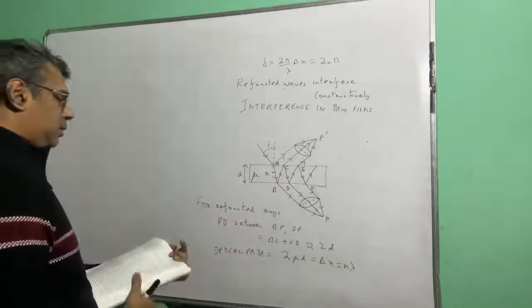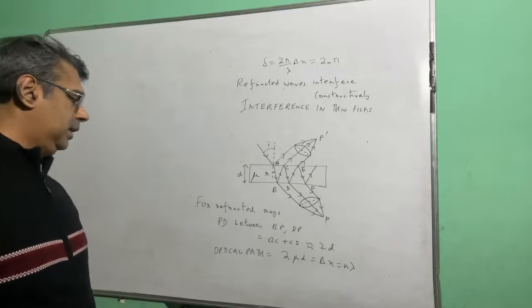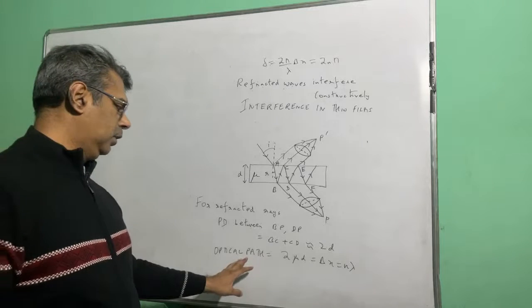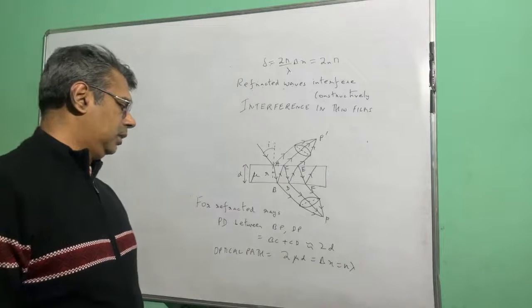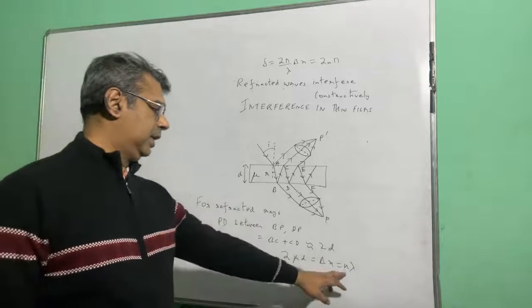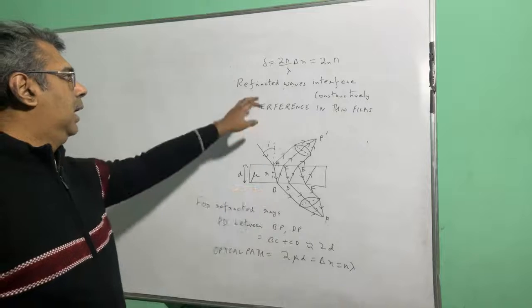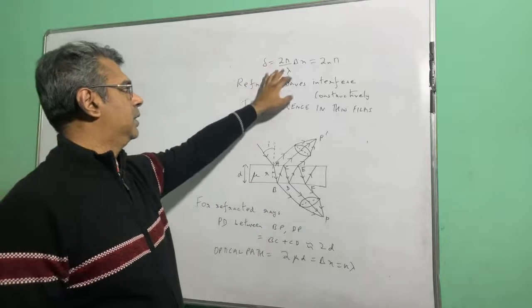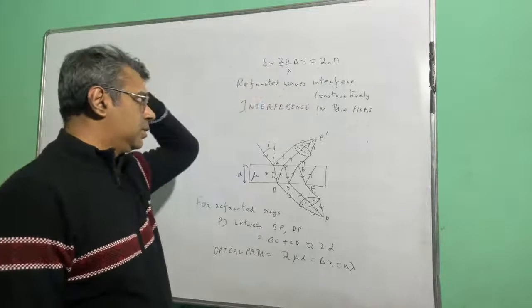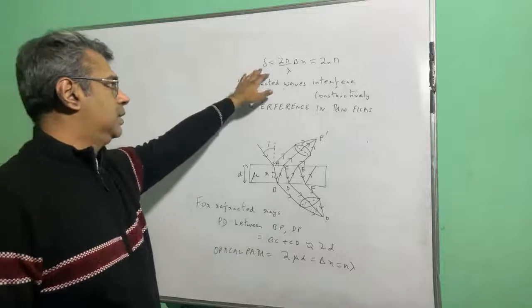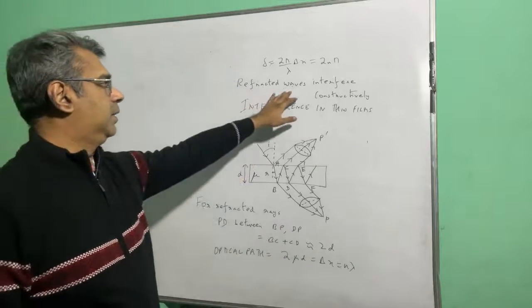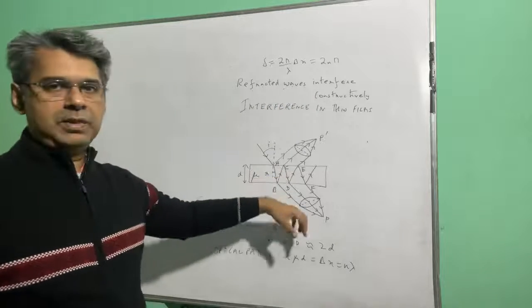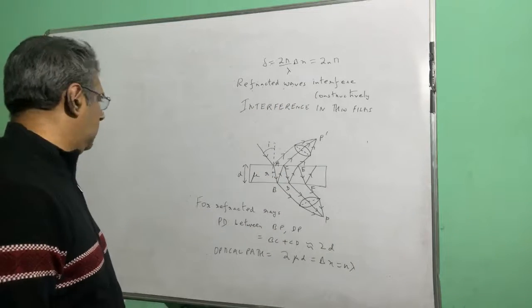Okay, so I'm saying it again. The optical path is 2 mu d, and that is equal to delta x, and if that is suppose n lambda, and delta, that is the phase difference, is 2 pi by lambda into delta x, that is 2n pi. So if these two conditions are both the same actually, that means the refracted waves, like these waves which are coming out due to refraction, they will